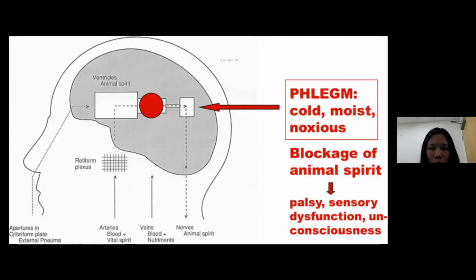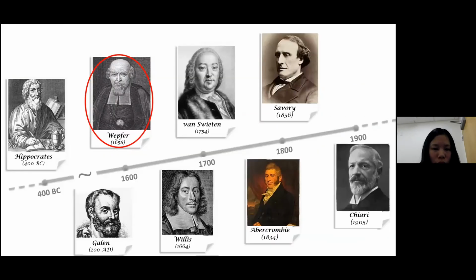With the humoral theory, they thought that in patients with apoplexy, phlegm accumulates in the body. The coldness of the phlegm causes the blood to become still. As the phlegm becomes more predominant, the blood is further cooled and congealed. The phlegm eventually blocks the flow of the animal spirit, resulting in weakness and sensory dysfunction, loss of consciousness, and eventually death. This was the predominant theory for about 1500 years until the 17th century, when Wepfer in 1658 challenged